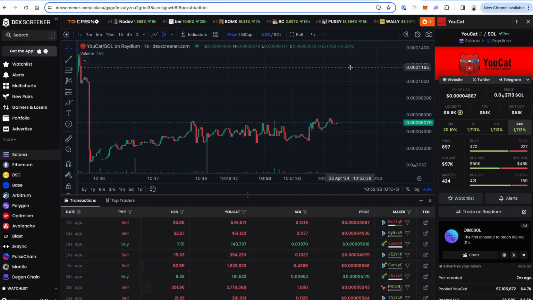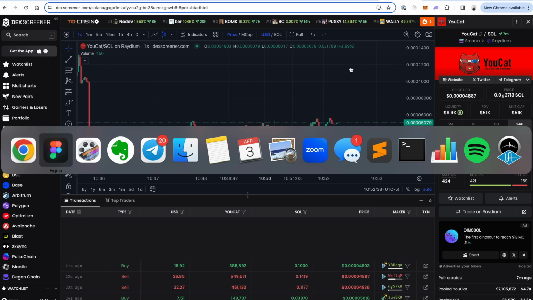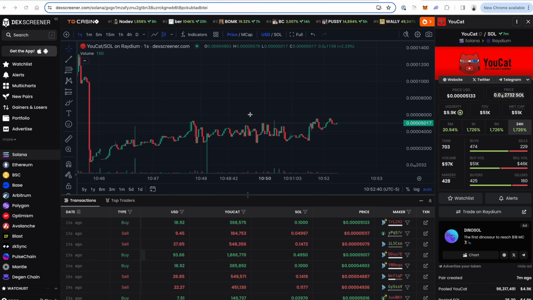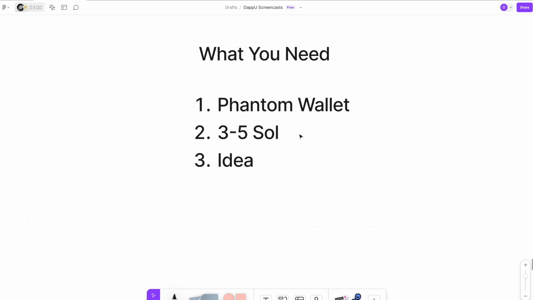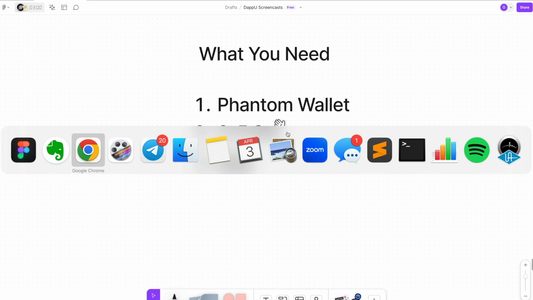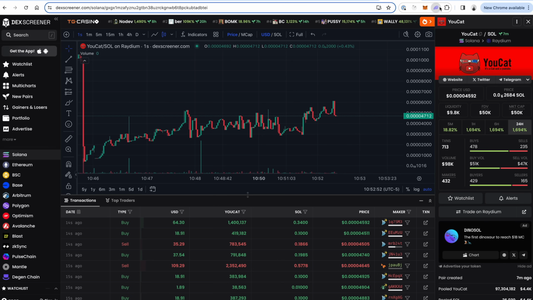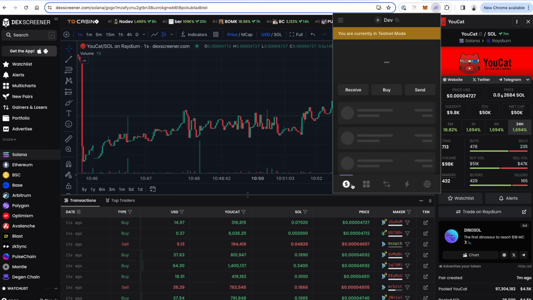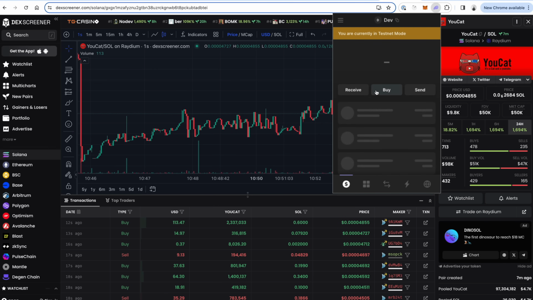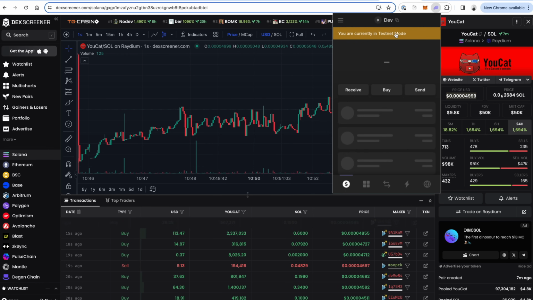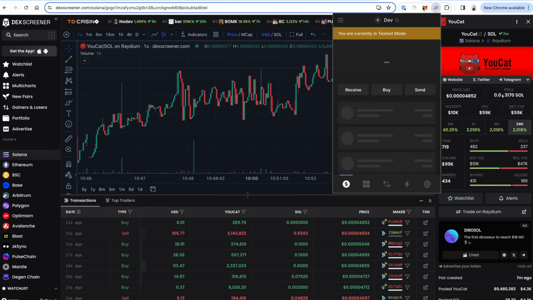And once you've got that wallet set up, you need to fund the wallet with the funds that you're going to use to launch this meme coin. So I recommend a range of 3 to 5 SOL. So you need some SOL cryptocurrency. That's the native cryptocurrency of the Solana blockchain. You can buy that cryptocurrency a couple different ways. You can actually purchase some directly inside the Phantom wallet. You can basically do it with MoonPay. I'm connected to a testnet right now, so it's not going to let me do that.